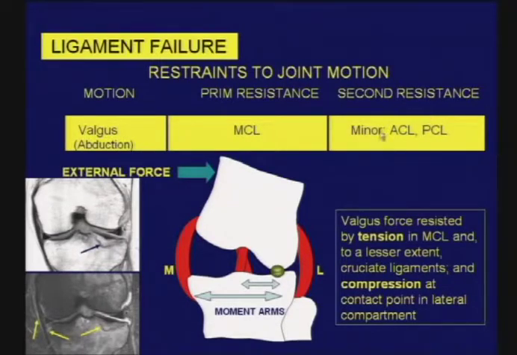Hence, the cruciate ligaments are secondary restraints to that particular force, a valgus force. These ligaments are put under tension. Tensile force leads to failure of ligaments. Hence, we would look for ligament failure first in those of the medial supporting structures, but never forget to look